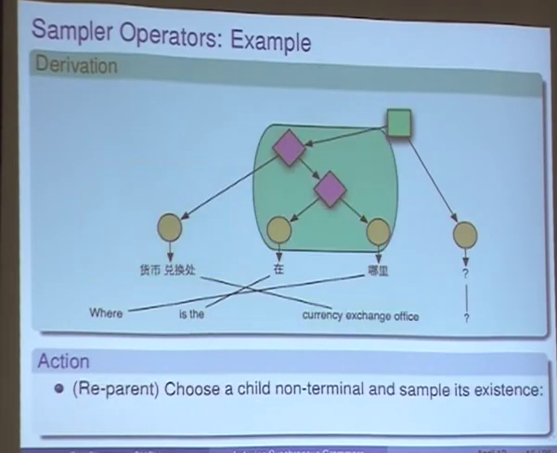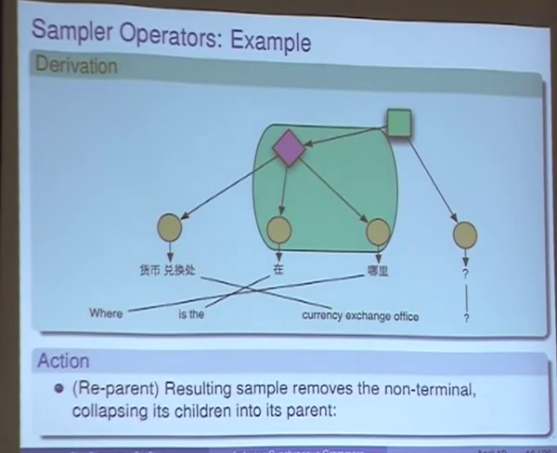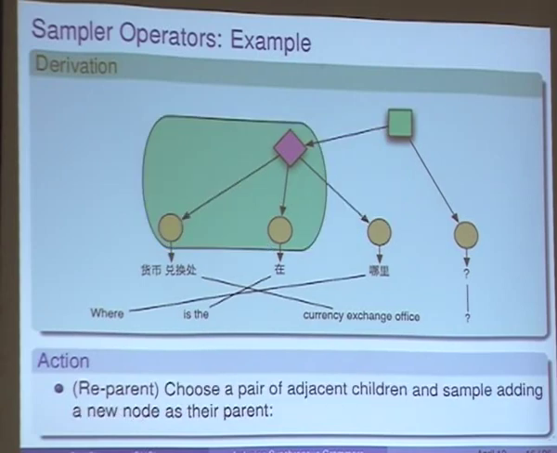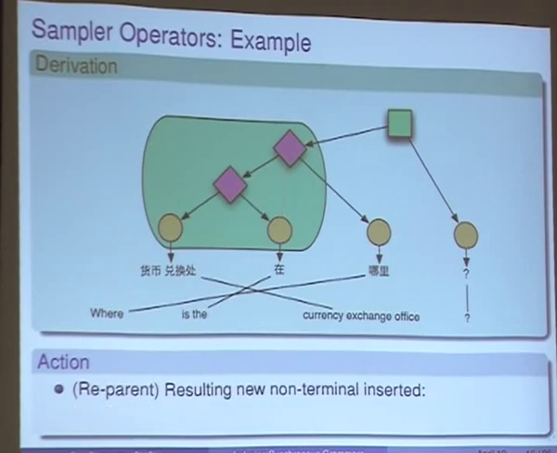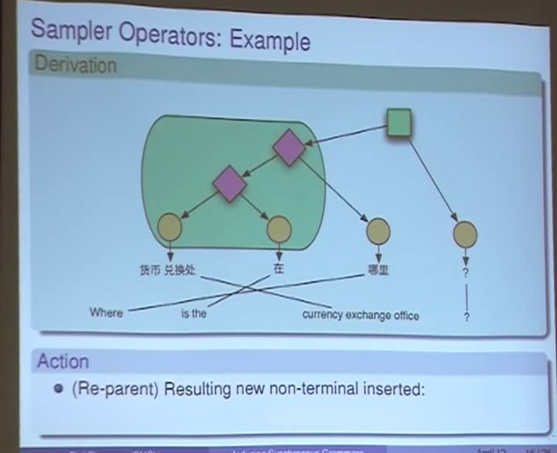Then we're going to move on to a different part of the tree. And we essentially select these parts of the trees at random. We're going to look at this node here and say, should we keep that node or should we get rid of it? And we're going to sample that maybe we're better off without that node. We're going to go back and look at these three nodes, and we might choose that we can add a new node again. And we're going to keep doing this thousands and thousands of times.